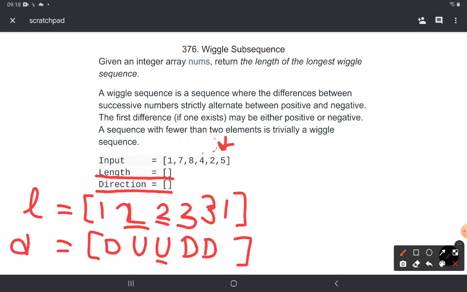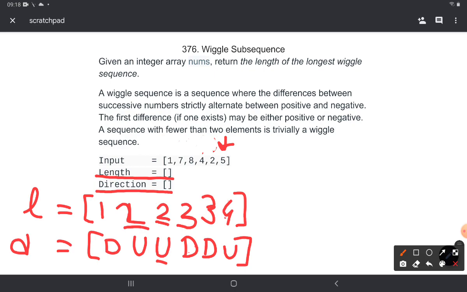So at 4 we have a wiggle subsequence of length 3, and the direction at 4 is downwards, and 5 is greater than 4, so 5 could be the upward direction. So what I could do is update this to, sorry, a subsequence of length 4, which is 3 plus 1, and the direction is upwards.